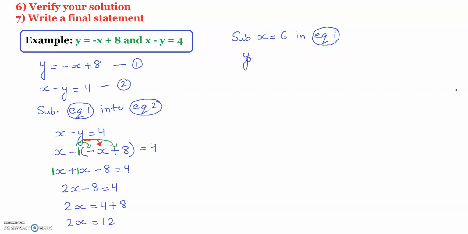First, I will write equation number 1. Instead of x, I will substitute 6, and there is a negative sign already. Negative 6 plus 8 will give me 2, so I will write 2 here. Therefore, this is the value of y. So I have x equals 6, y equals 2, and I can write therefore